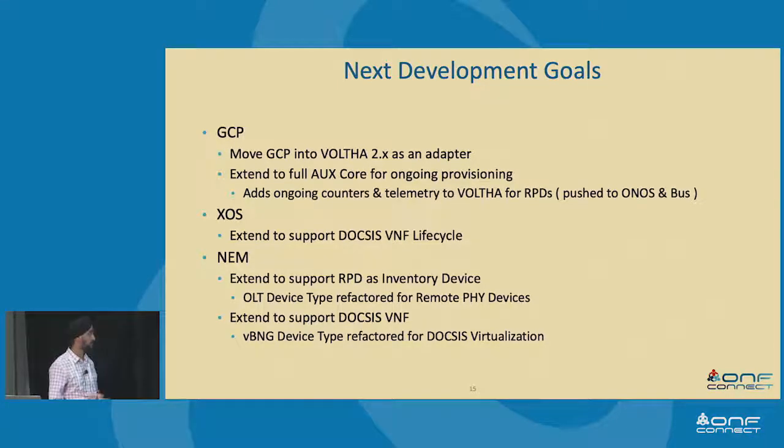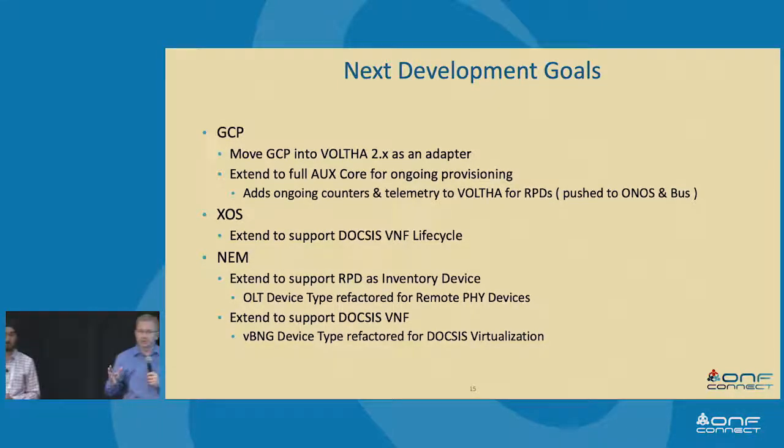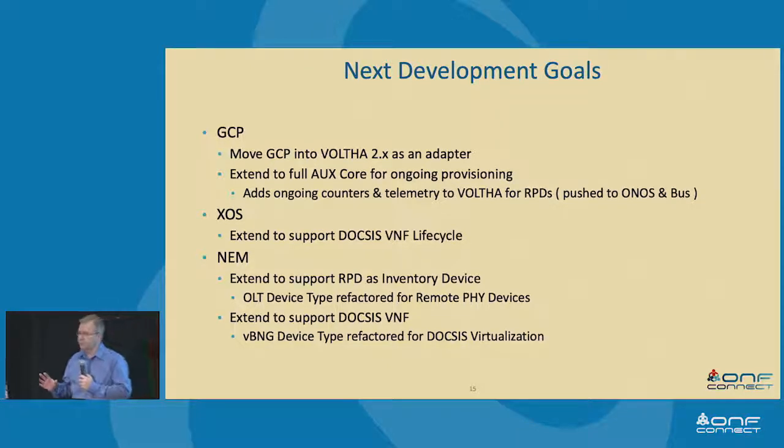So that's the goal. And when you add up the sum of all the things that you've heard here for the past 3 days, it would put SEBA squarely in the definition of all wireline and wireless access mediums, right? We've heard from other presentations about having a role for SEBA in 4G evolution into 5G, in possibly fronthaul type scenarios, talking about extending SEBA in EPON ways, in GPON ways, and SEBA in addition to XGS today, and now DOCSIS. It's a very interesting time, I think, for the project.